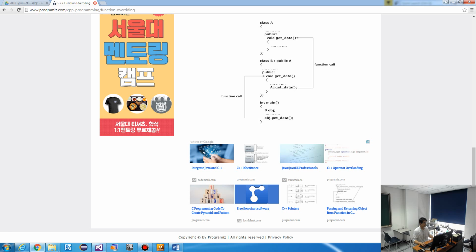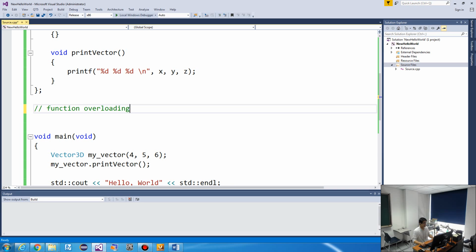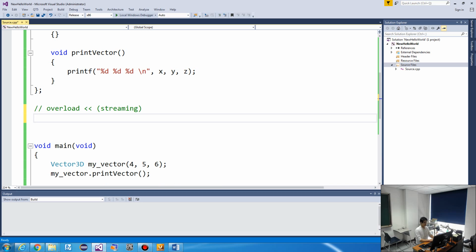Okay, so simply remember another term, and I'm going to teach you this one later. Maybe you are familiar with operator overloading, function overloading, or function overriding. But anyway, I'm going to repeat this one. So let's overload streaming. Okay, so we can do this in this way. Standard